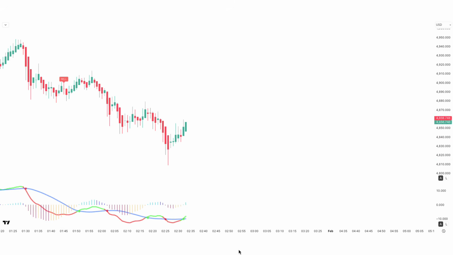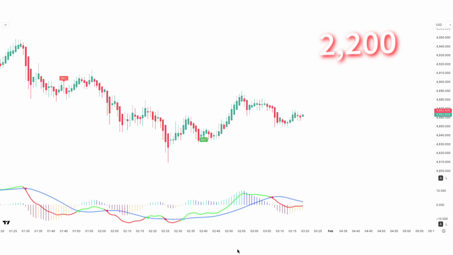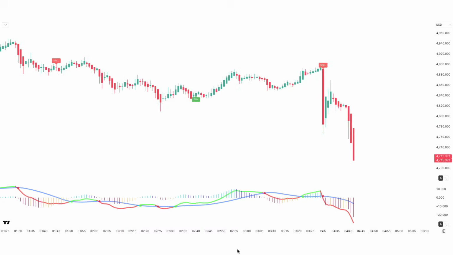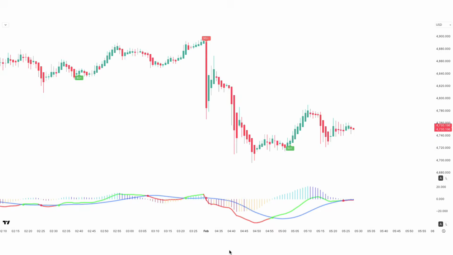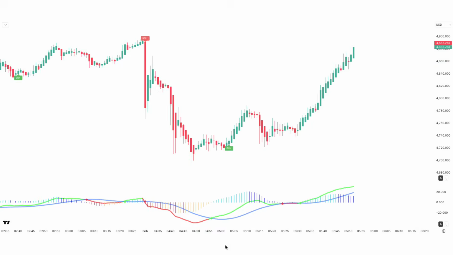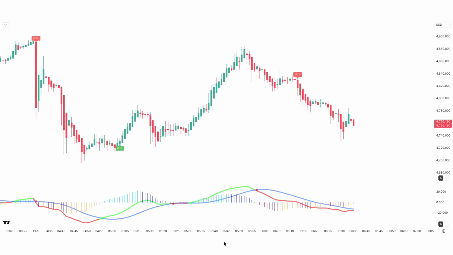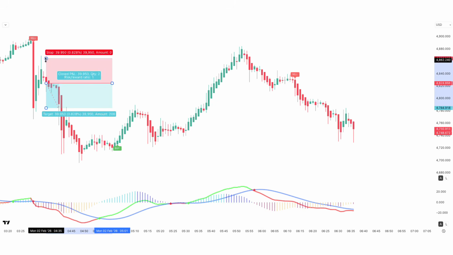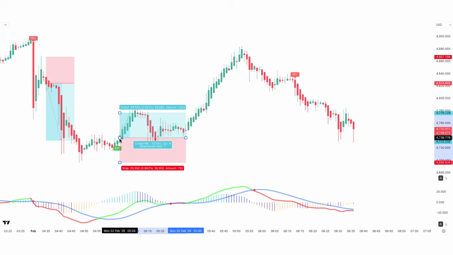And the pattern that emerged was simple. When the conditions align, the market reacts within seconds. The core of this strategy lies in timing, confirmation, and discipline. No clutter, no confusion, just clear zones where the probabilities are stacked in your favor. You won't find a magic button here, but you will discover a structured approach that enables you to logically capture